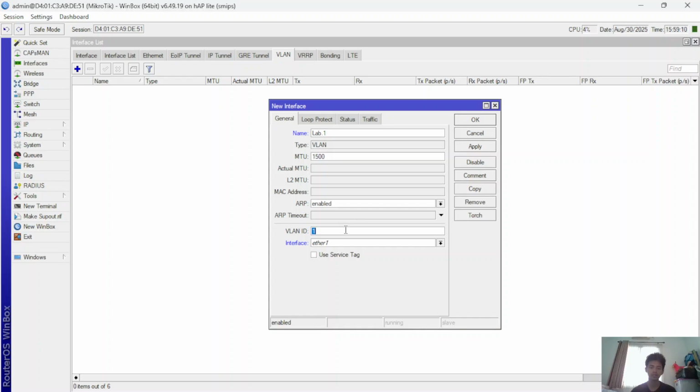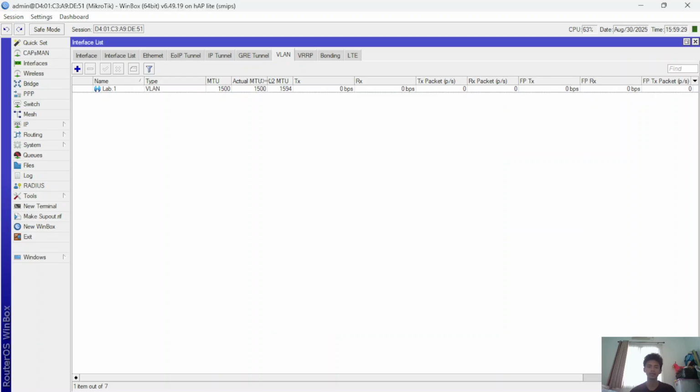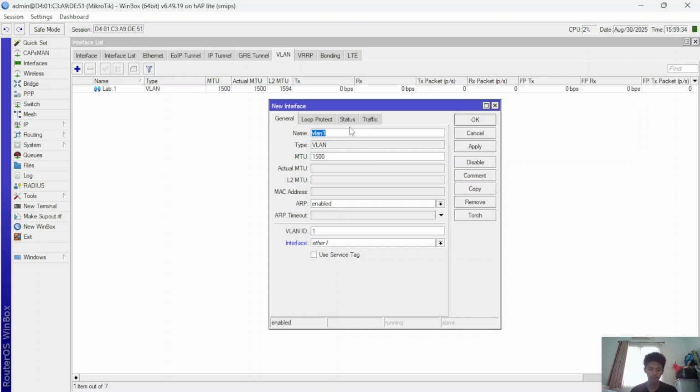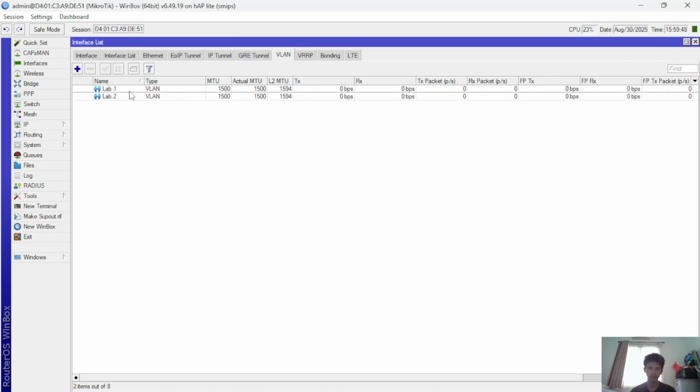The VLAN ID 10, Ether 3. Why Ether 3? Because this port connects to the switch, okay. Apply, okay. You can create one more, lab 2. The VLAN ID 12, interface same, apply, okay.